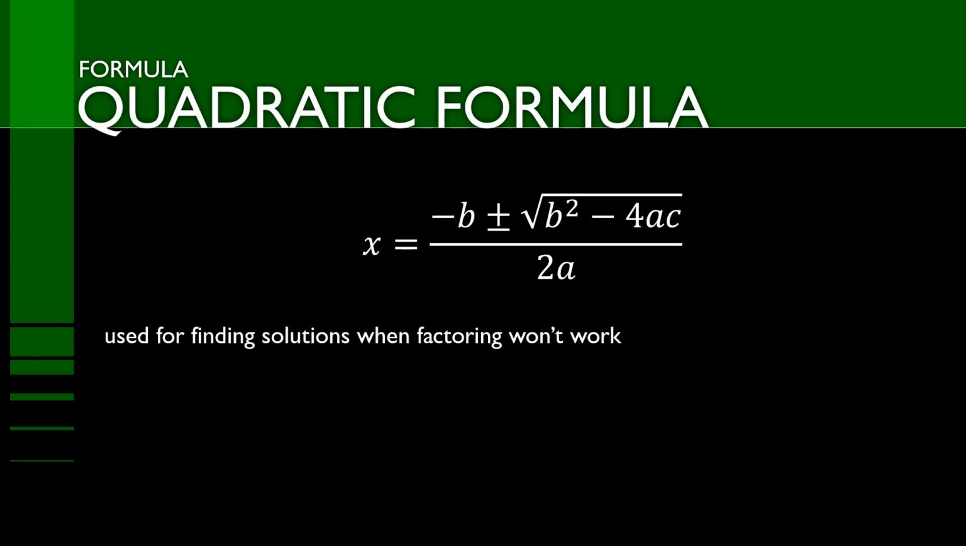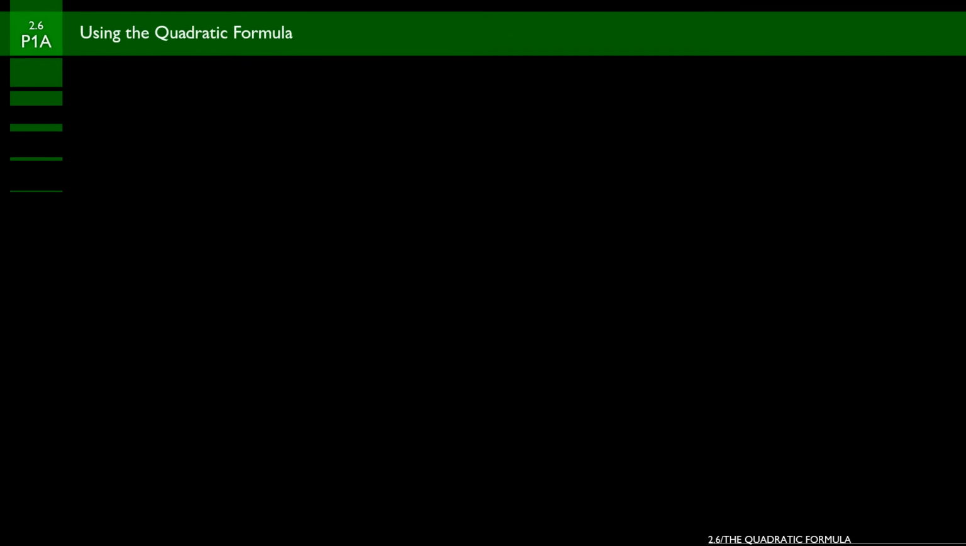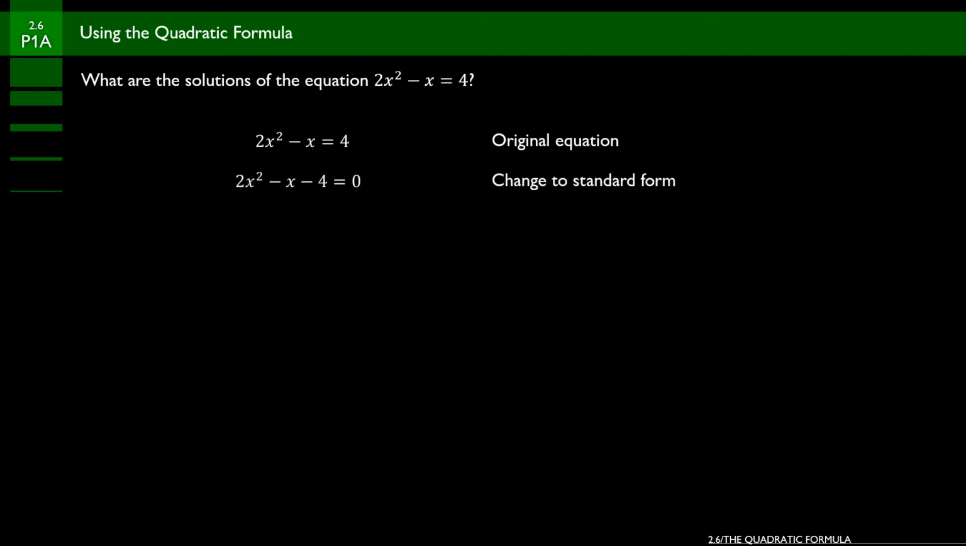So let's take a look at an example using the quadratic formula. In question number 1a, we're asked what are the solutions of the equation 2x squared minus x equals 4. So write the original equation, then remember we want to move that 4 over to the left side. Anytime that we have 3 terms in a quadratic equation, we want to have all 3 terms on the same side. Once we've got them in standard form, we can then look at the quadratic formula again and then start